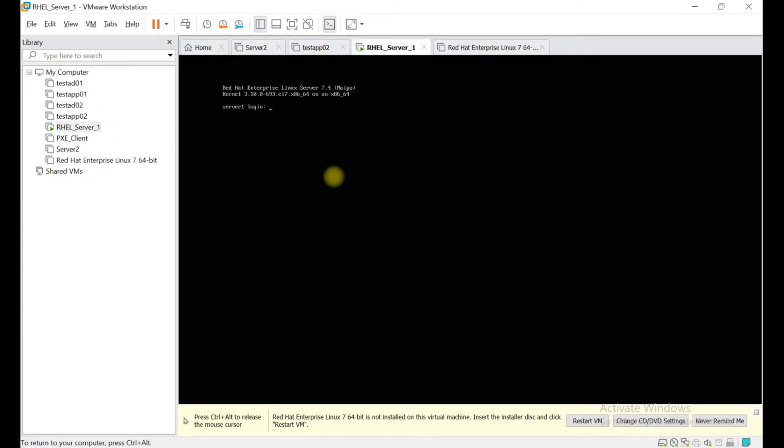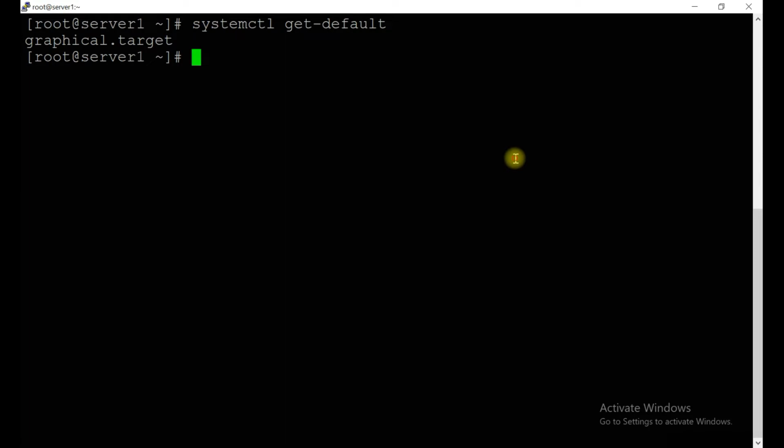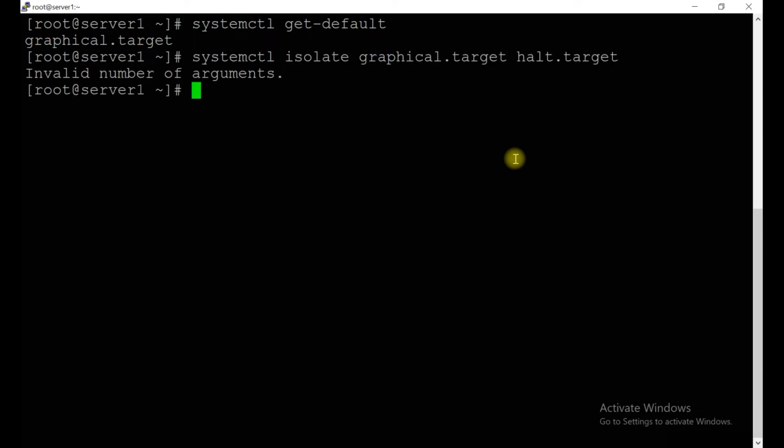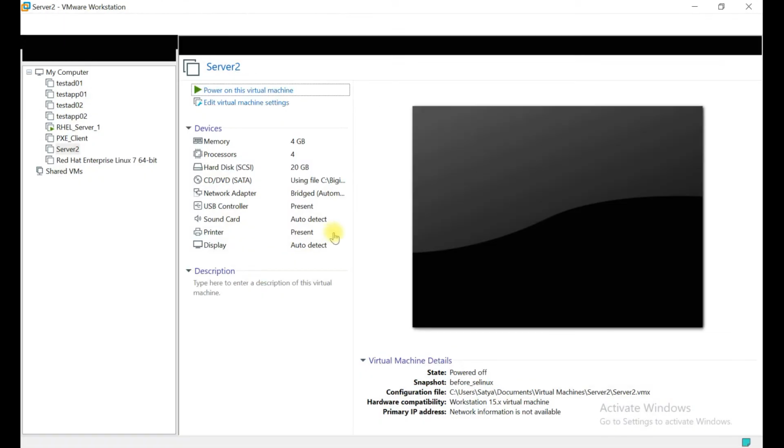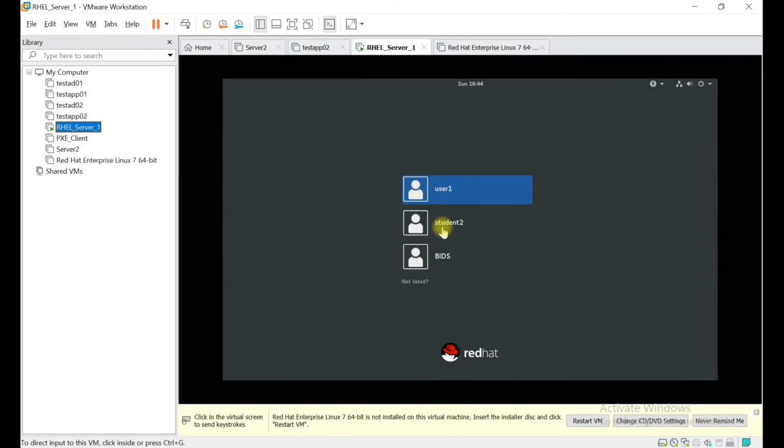It's already changed to multi-user, and if you want to change it to default graphical, done. Let's see what the mode is, what the target is here.